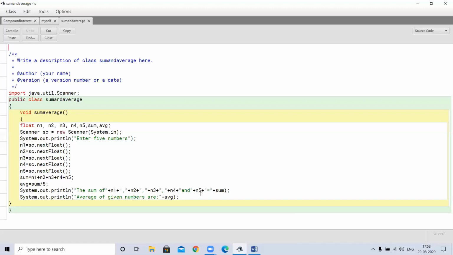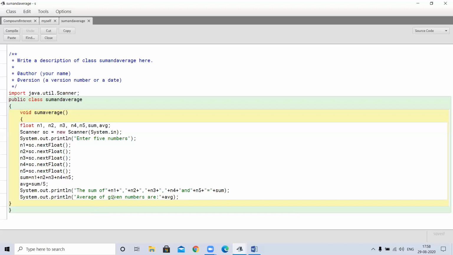Again n5, n5 is not in double quotes. It means we have to print the value stored in n5. Then equal to, again we print as it is. Then we have to print the value of sum. It will print the sum of n1, n2, n3, n4 and n5 equal to sum.